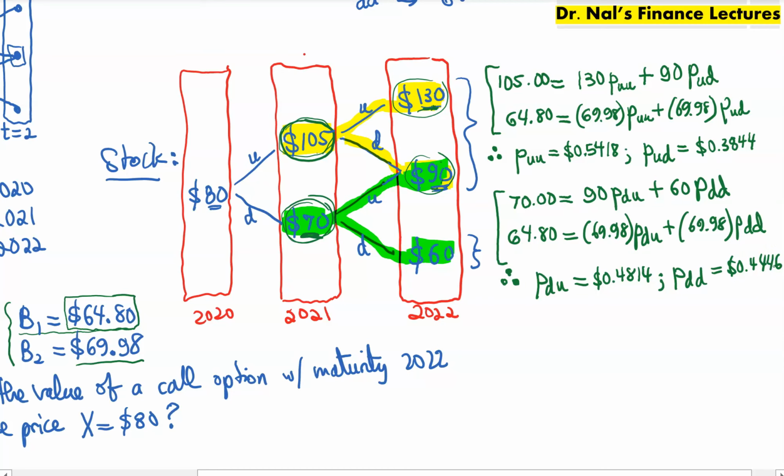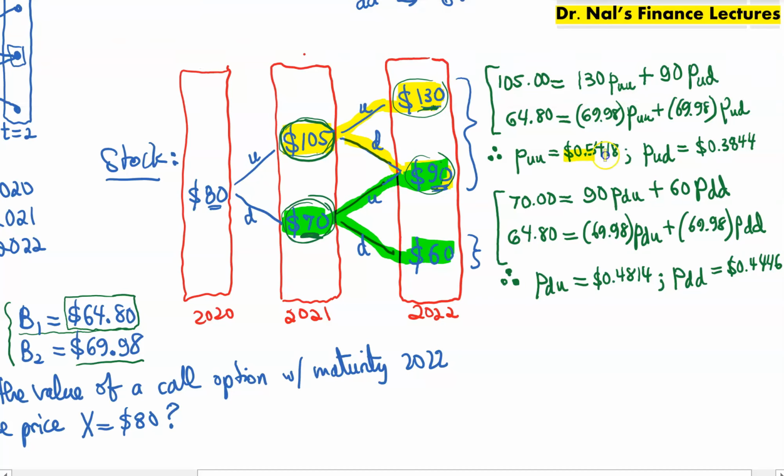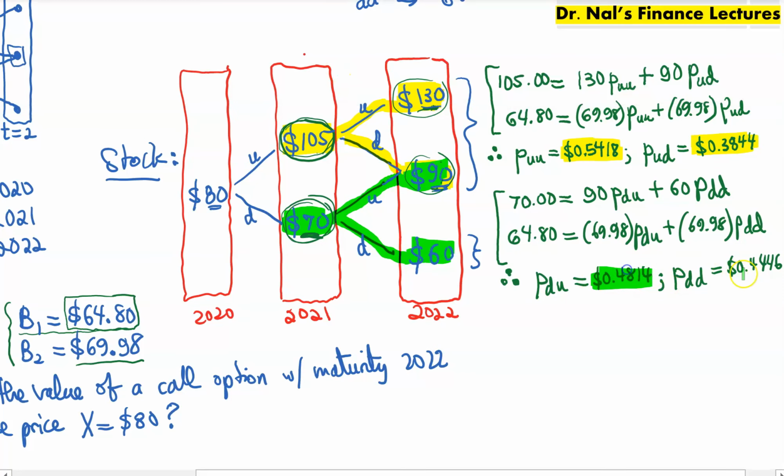There you go. And let me just go ahead and highlight these values. So this is the PUU, this is PUD, and the other two cases are like this. Now remember what we said earlier, we are going backwards induction. So now from 2022 we came back to 2021, and now what we can do is go ahead